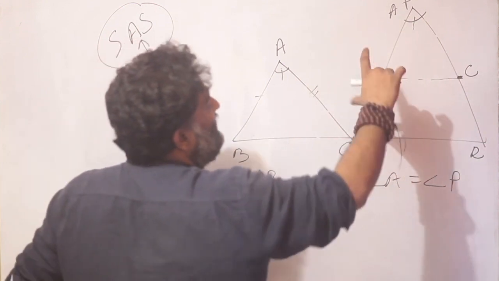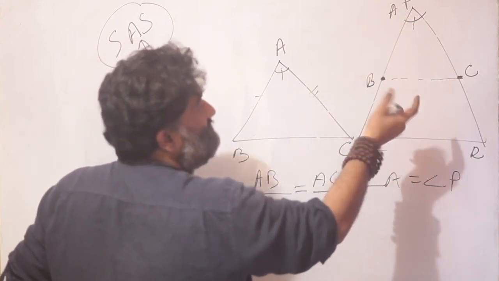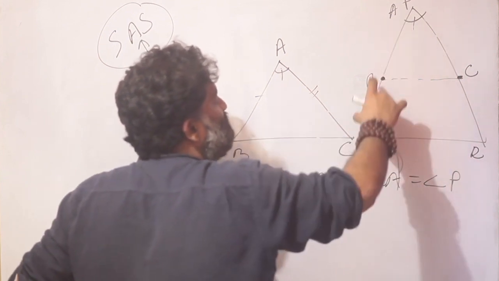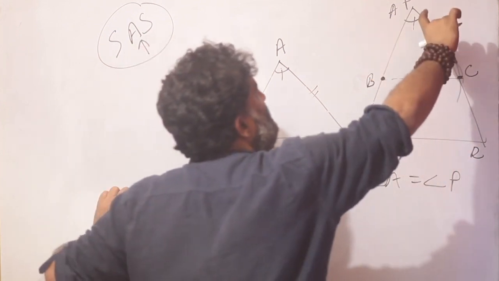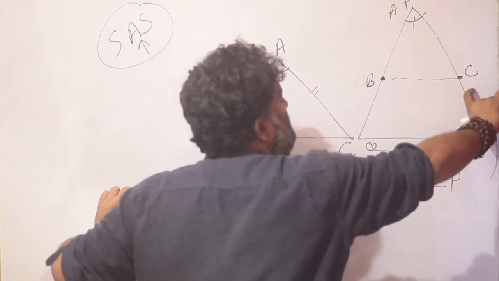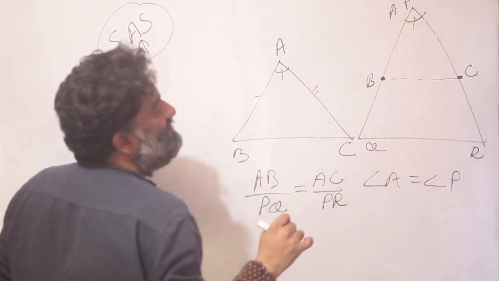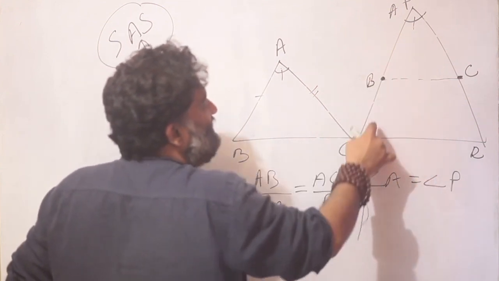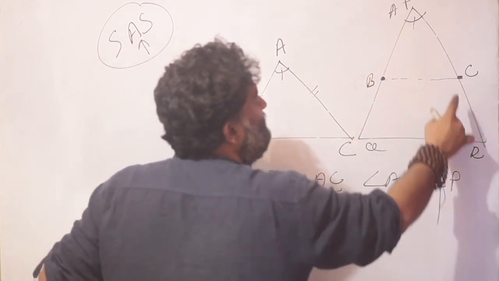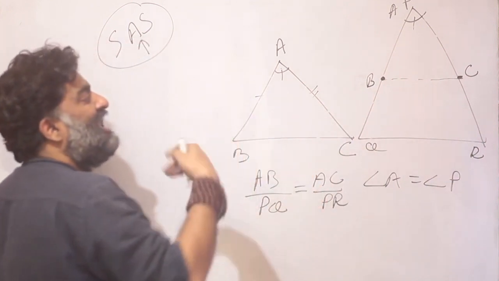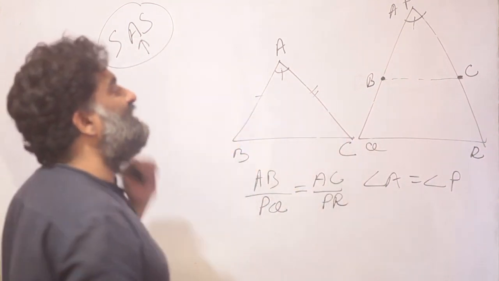Because once again, I can notice a basic proportionality theorem possibly in play. If I can prove that the ratio of AB is to BC is the same as the ratio of AC is to CR, I will be able to prove that these two lines are parallel to each other. If these two lines are parallel, this angle will become equal to this angle will become equal to this angle. All the angles are equal, and therefore AAA similarity kicks in and the triangles will be similar.